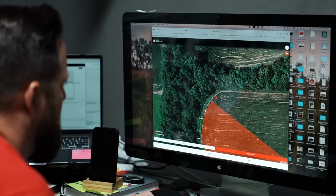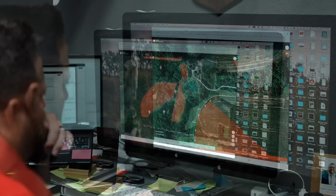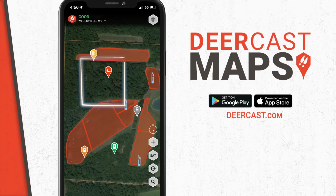You know, it was cool because we were able to, in the office there, go to DeerCast.com and go to the map section and really plot out exactly what our food plot strategy was. We were really trying to entice the deer to come out of a certain bedding area that we were going to consider basically a no-go zone. We're not going to hunt it, we're not going to encroach upon it, we're just going to stay out of there. And the theory is trying to suck all the deer out of this area into one particular part of